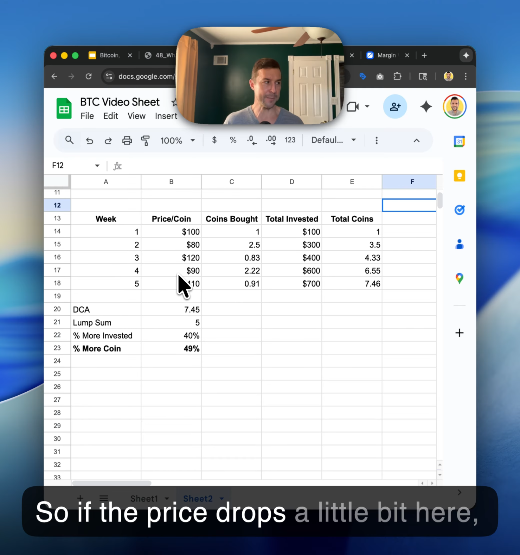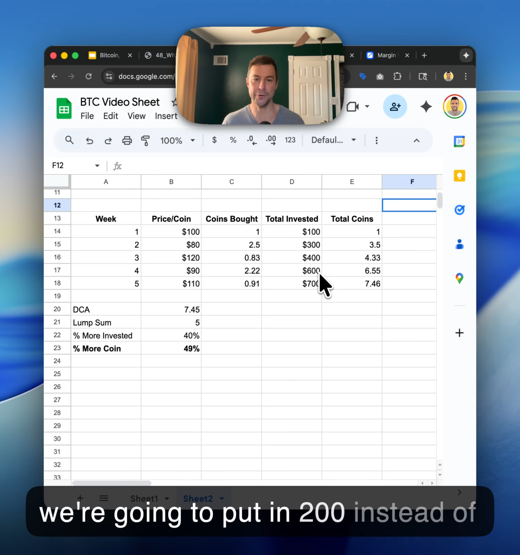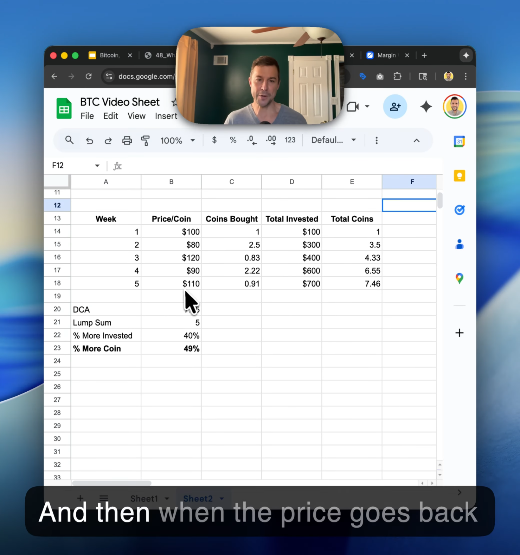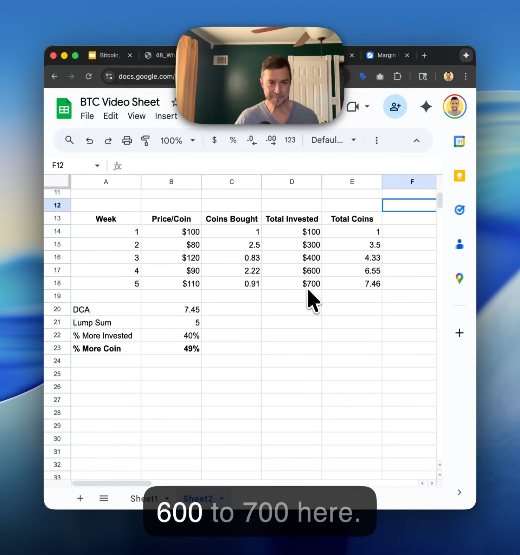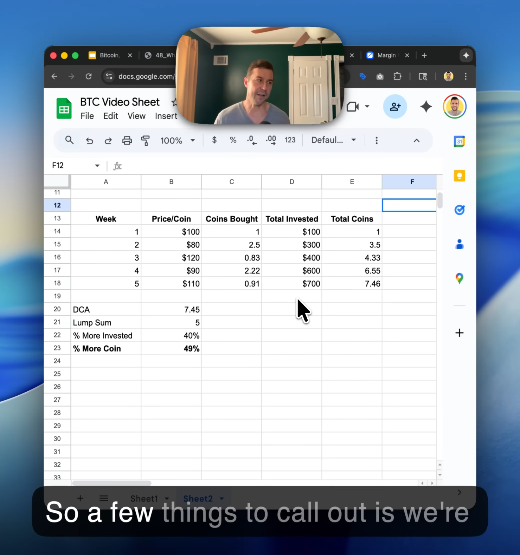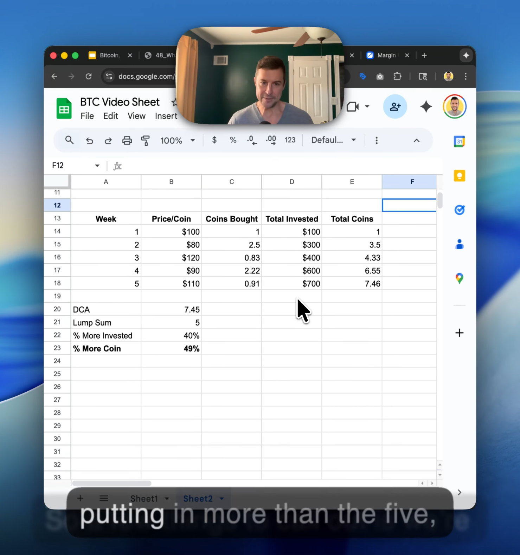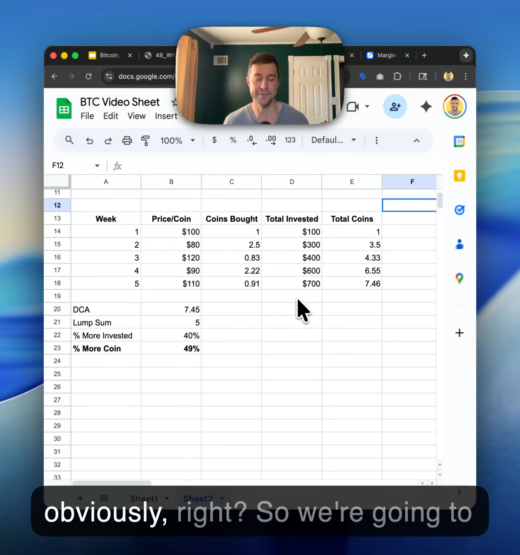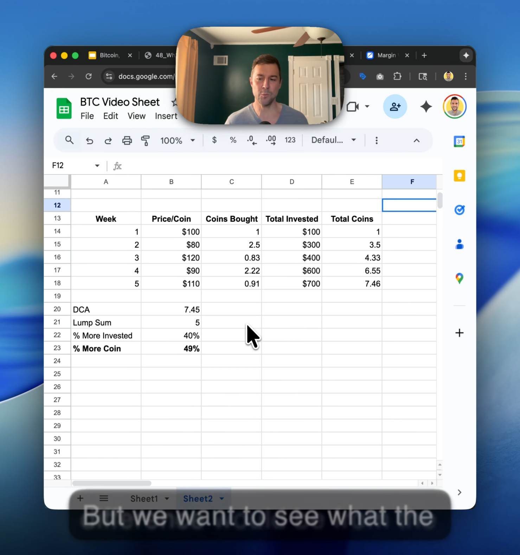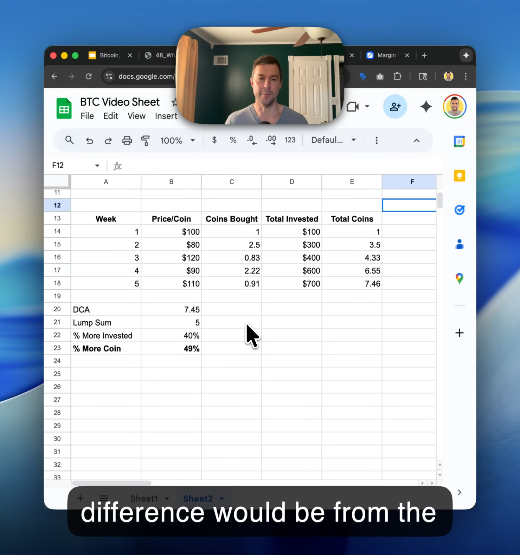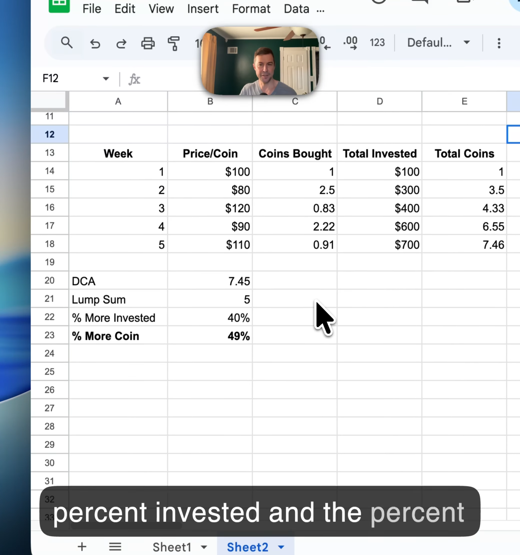So if the price drops a little bit here, we're going to put in 200 instead of 100. And then when the price goes back up, we're going to put in 100, from 600 to 700 here. So a few things to call out is we're putting in more than the 5, obviously, right? So we're going to get more than that in return. But we want to see what the difference would be from the percent invested and to the percent where we